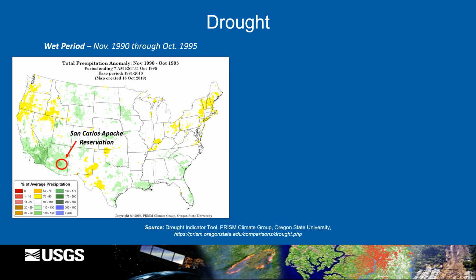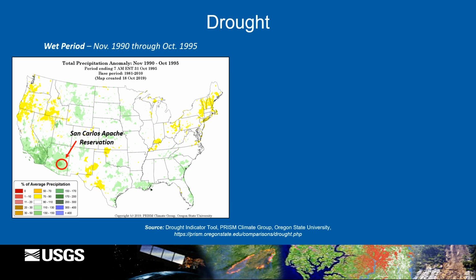So in addition to wildfire, the western U.S., including the San Carlos Apache Reservation, has been experiencing drought conditions over essentially the past 2.5 decades. To illustrate that, these are precipitation anomaly maps produced by the PRISM Climate Group at Oregon State University at 5-year intervals. So these maps will generalize across 5-year periods and may not show some of the contrasting short-term precipitation anomalies which have occurred. However, they do represent general long-term conditions.